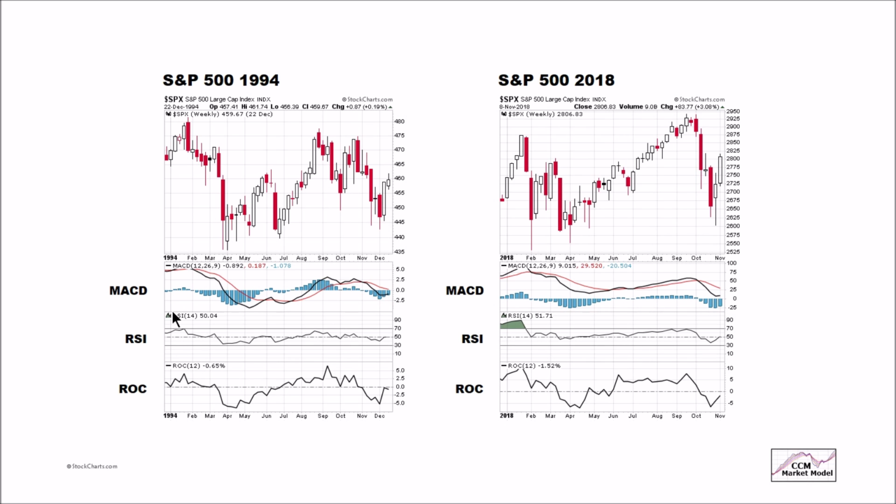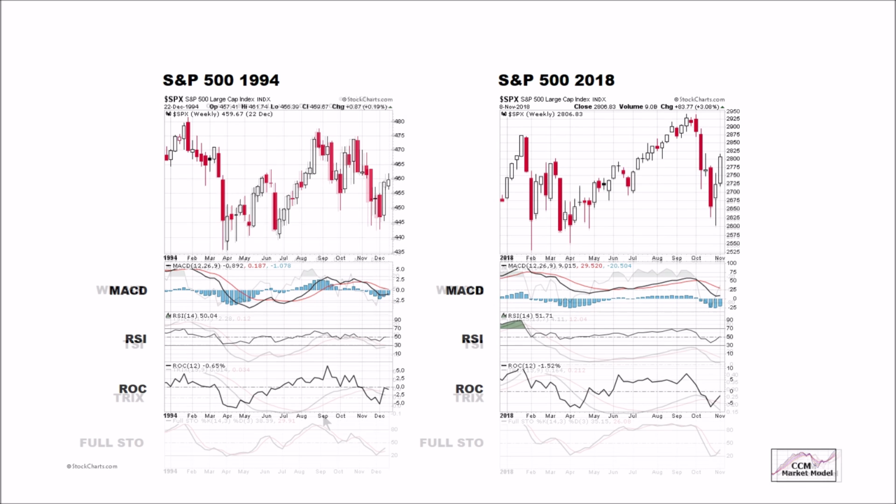Similar situation with RSI. It's up near overbought territory. Overbought. Fast forward to the end of the year. We're trying to recapture 50. We're slightly above 50. In the present day, we're trying to recapture 50. We're slightly above 50. Rate of change, very similar for the whole year. At the end of the year, we're coming back up and knocking on the door of zero. Coming back up and knocking on the door of zero.